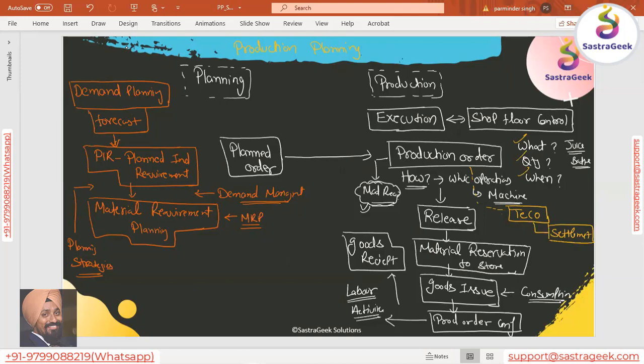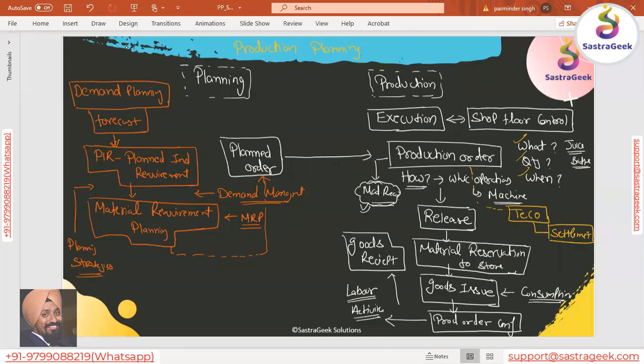By using the planning strategy, by using the forecast, and by checking all the existing things, your MRP will be doing the planning, and MRP would finally generate what the planned order should be. So the outcome of the MRP would be the generation of the planned order. That left-hand side part, to generate a planned order, is your planning. The planning part looks smaller, but it's more complicated. The right-hand side looks bigger, but it would be more straightforward than the left-hand side part.